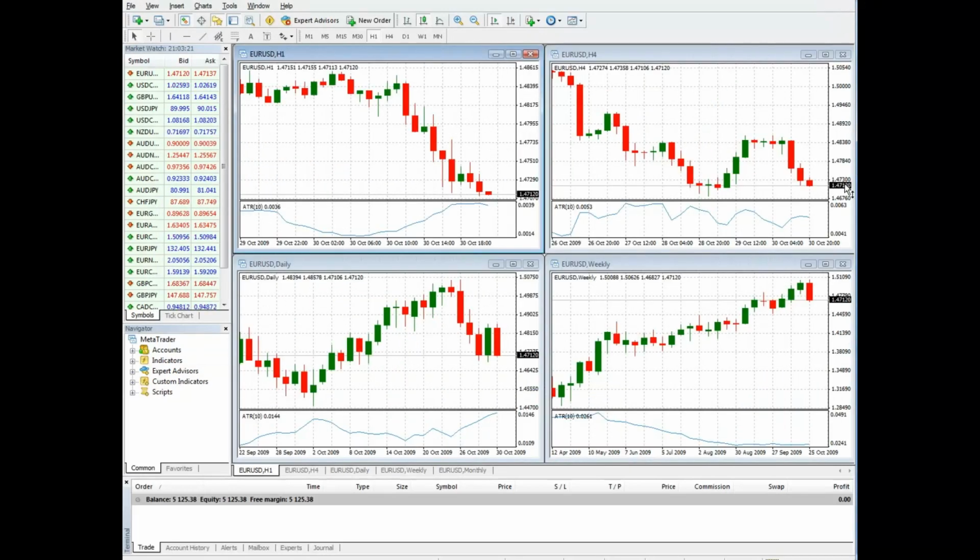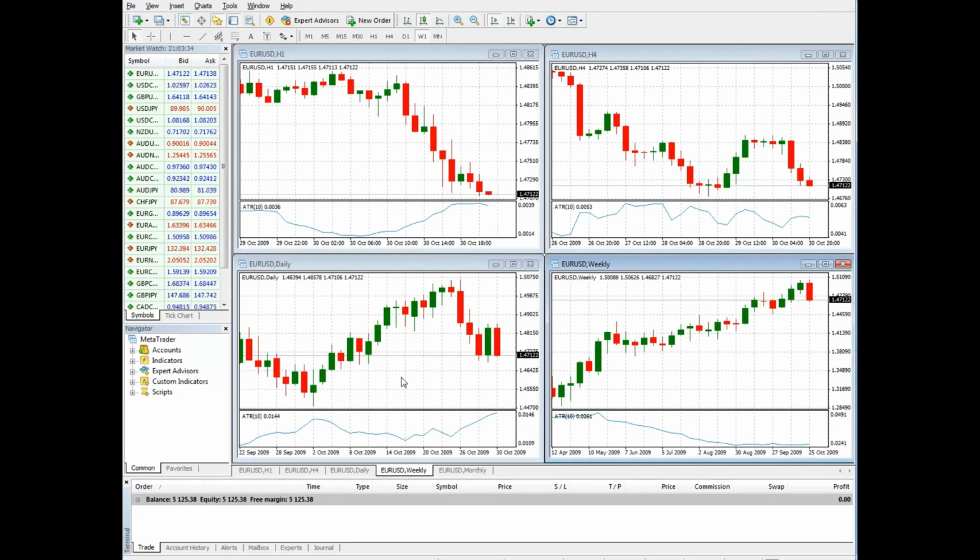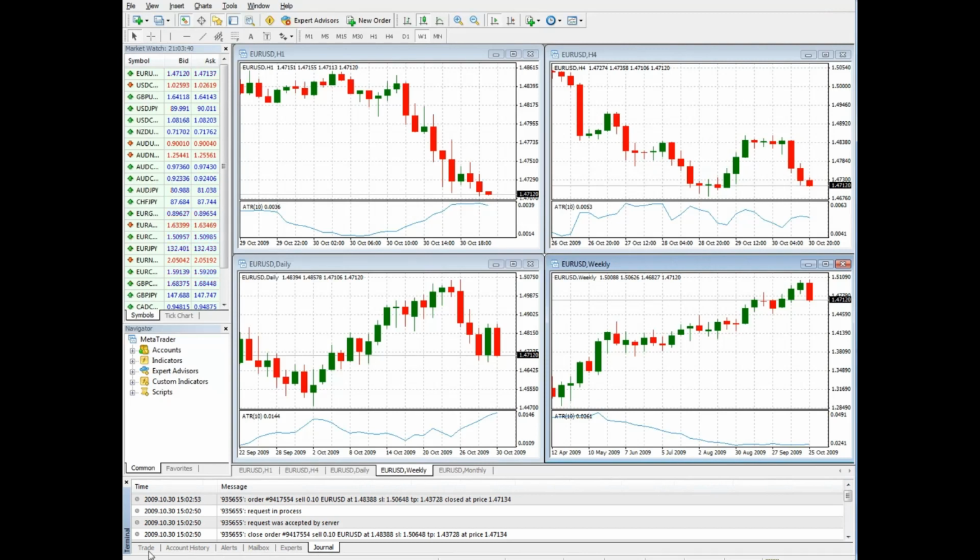Let's go back over here. And this is something that you always check. There's no profit target line. There's no stop loss line. So there are no pending orders. That is a good thing. That's exactly what we want. The order here canceled out the stop loss, canceled out the take profit, and closed at